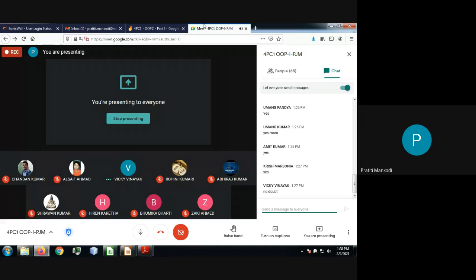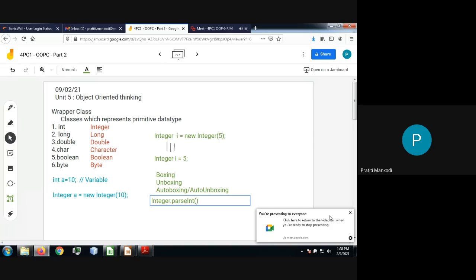To convert our command line argument, which is stored in the form of a string but is actually an integer, we use the parseInt method to convert it into an integer. At that time I told you that Integer is a wrapper class and we would look at this class later on. So this is the time where we are learning that concept, wrapper class.